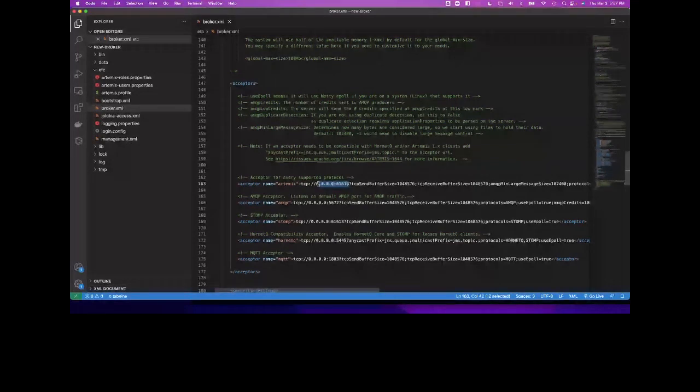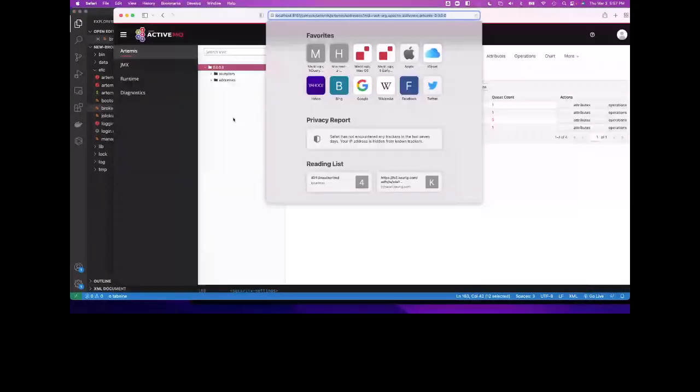And what's the URL to look at the web console? Yes, it's 8161. There you go. It's localhost, localhost 8161. So if you see the